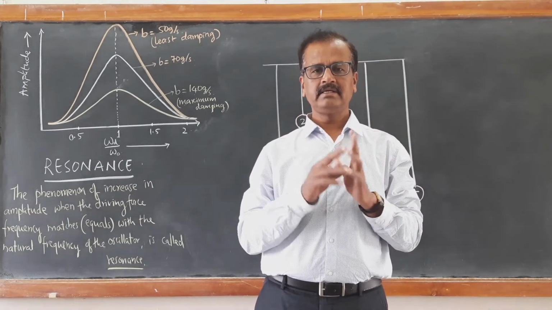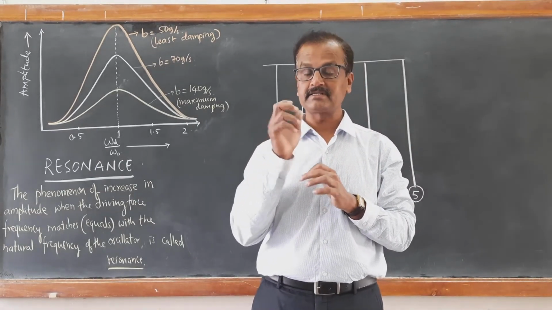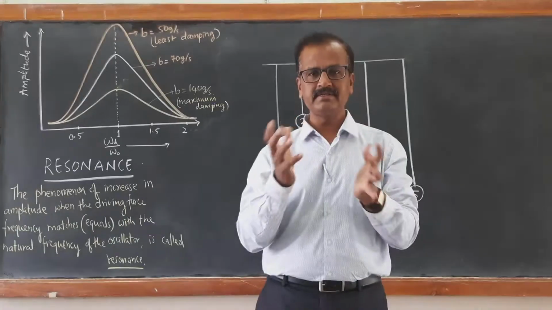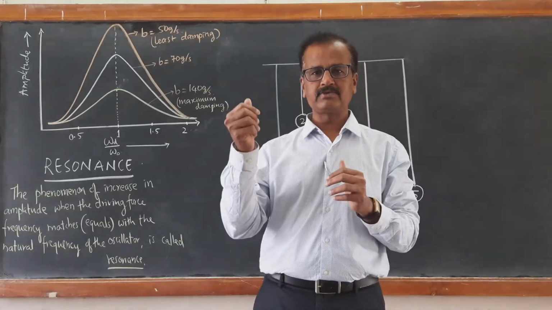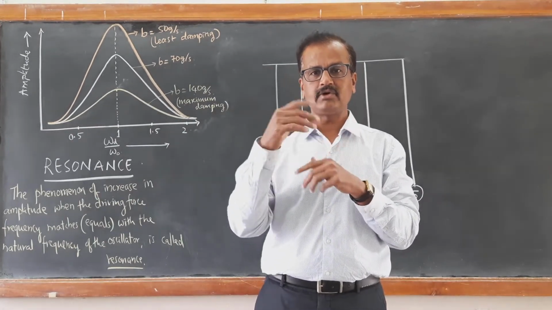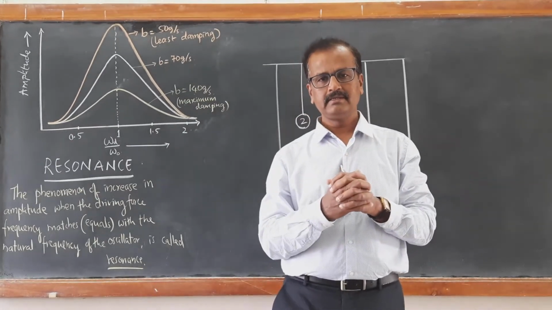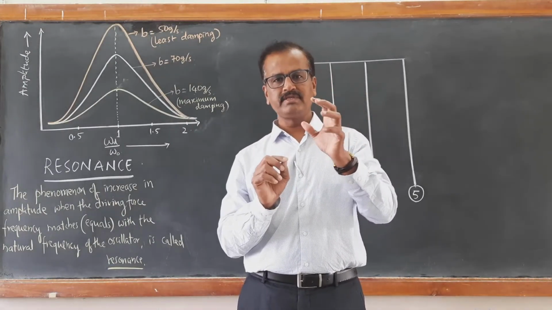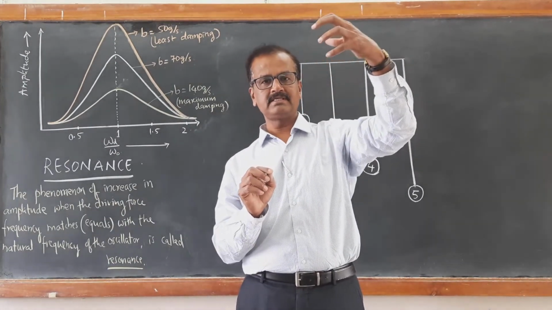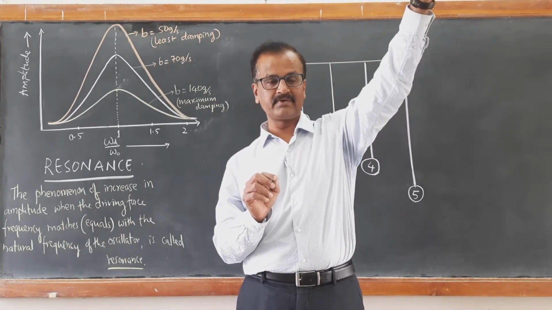LCR: inductor, capacitor and resistor circuit, which will be operated with some power, some current. When we search, the LCR circuit has its own natural frequency. When the natural frequency of this LCR circuit matches the frequency of the TV